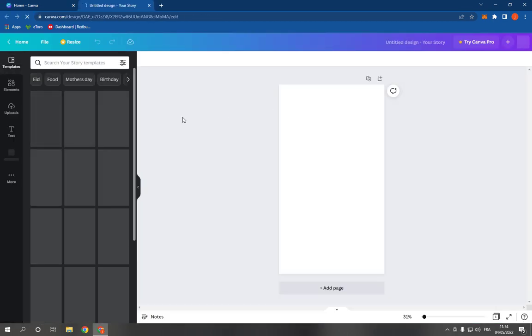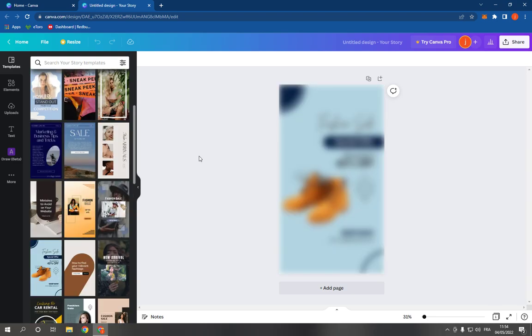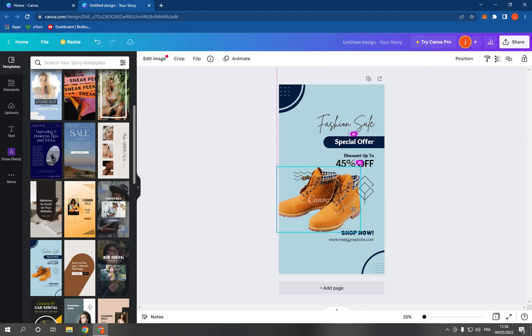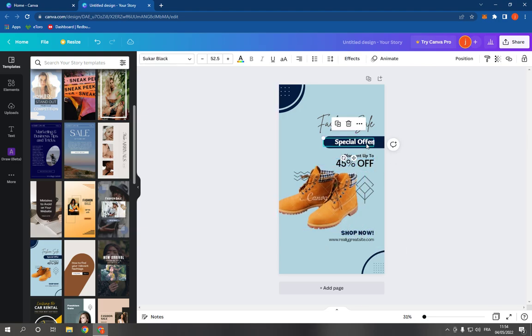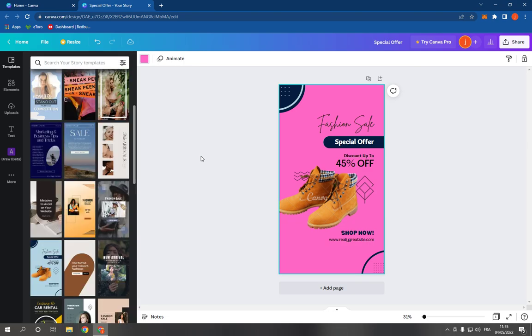Now on this page you will find many templates. Choose one of them. For example, this one, it looks so professional. You can add your product here or anything and change the text like this. You can also change the colors from here, and after you finish, go to the top here and click share